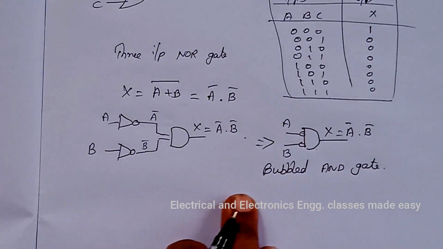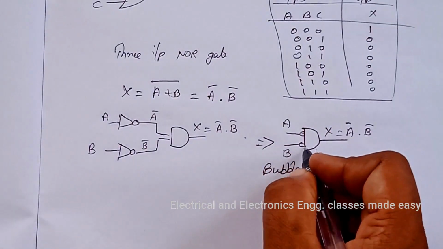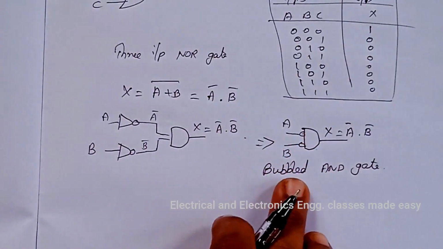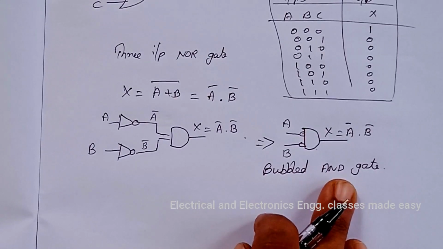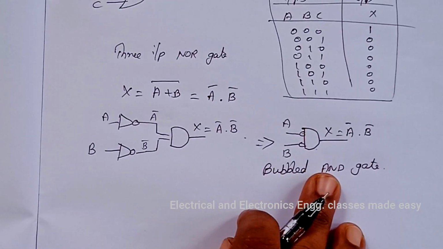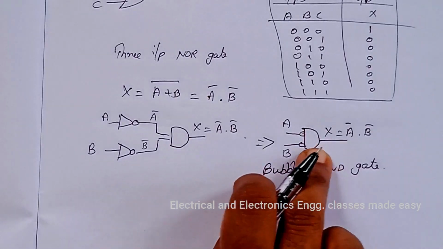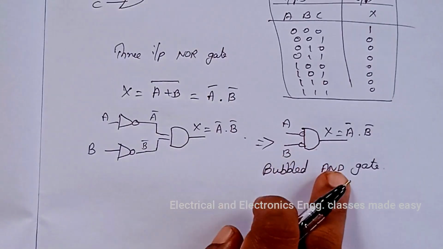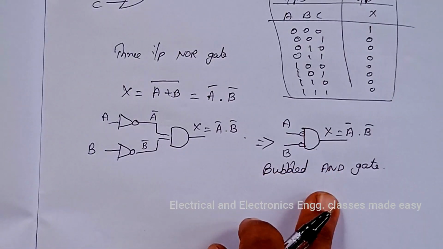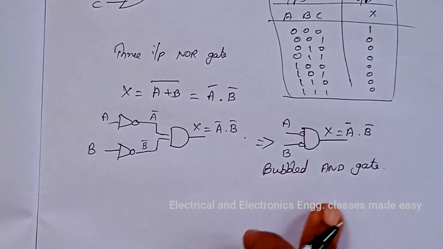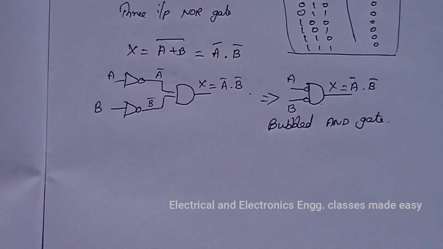That is, the NOR gate can be drawn like this, that is, a bubbled AND gate. The AND gate with inverted input is called a bubbled AND gate. So a NOR gate is equivalent to a bubbled AND gate, and its truth table is